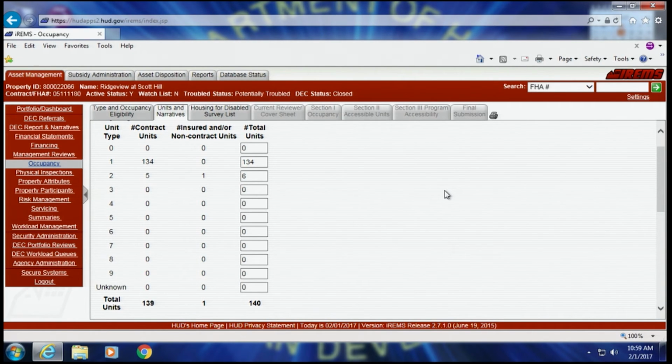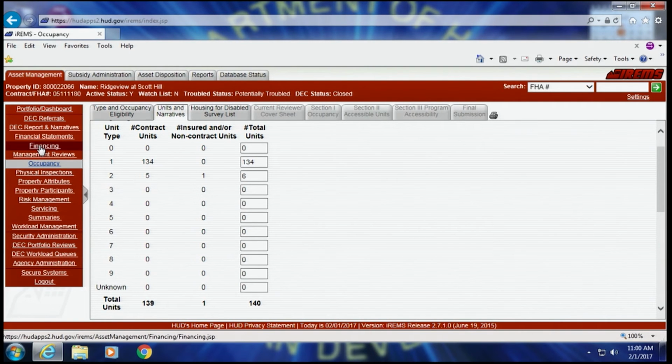Tracks is one of those legacy systems that feeds IREMS, and you can see how important it is here. We put the total number of units in there to be edited so that if you have a market rate property, Tracks is not going to house those unit numbers, and the only way that unit information by bedroom type can be entered into the property is for you to manually enter the total number of units and then save, and then it goes back and it adds those number of units under non-contract or FHA insured, not assisted. So that's a really important screen that you want to pay attention to.